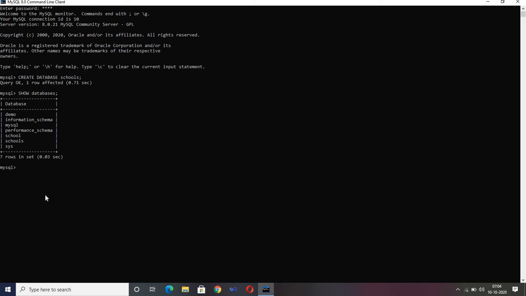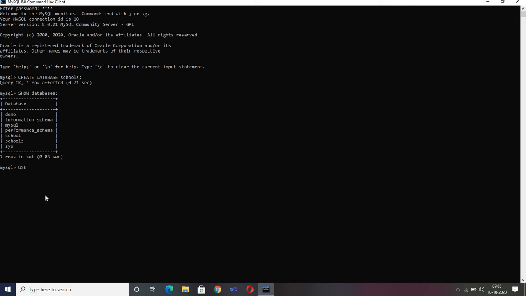Now the next step is I have to create a table in the database called schools. So I can't simply start writing the command for that. First, as you see over here, we have 7 databases right now. So we have to specify which database I am going to use. We have to select the database on which I want to perform the changes, or whatever I want to do. Therefore we use the term use.